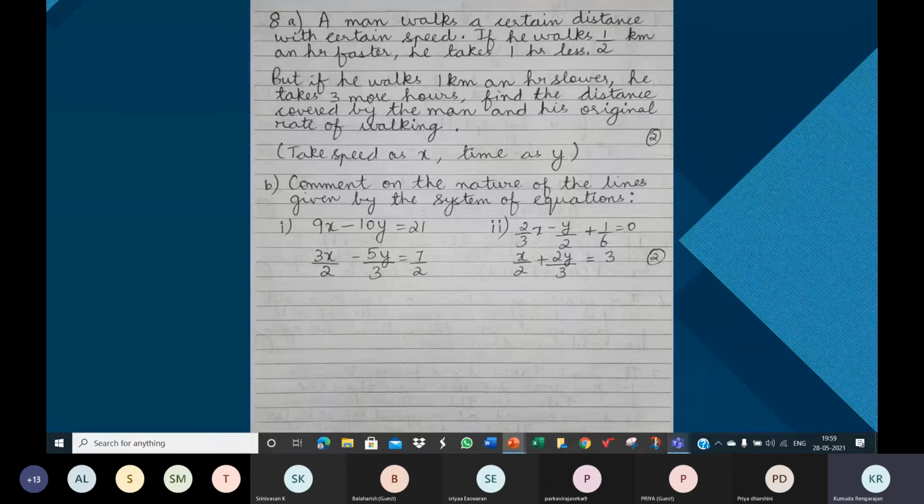In the first question, the first sub question, you can see a pair of linear equations. This one is a straight line. The second equation also represents a straight line. So we have two straight lines. Are these two straight lines parallel, intersecting, or coincident? So how will we find that? By using what? Ma'am, by using?